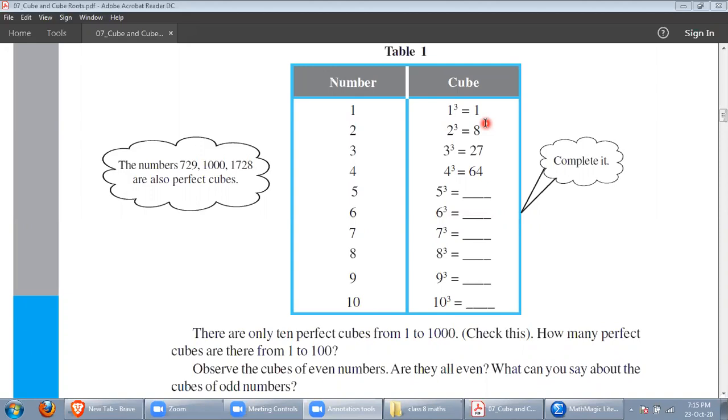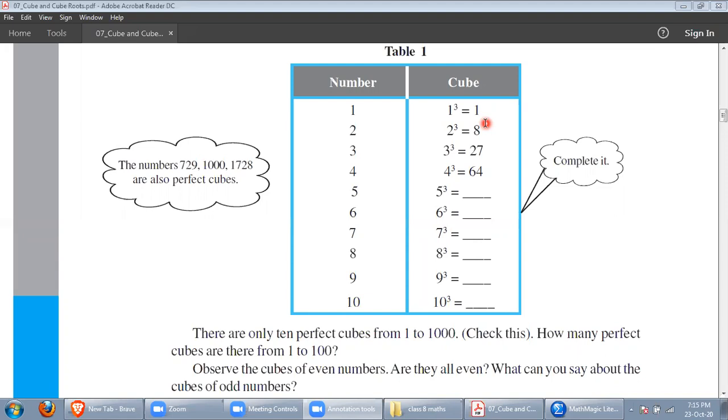Unlike square and square root, because when we talk about square root, we said that the square root of 4 can be plus 2 or minus 2, because plus 2 into plus 2 will give you 4. Again, minus 2 into minus 2 will give you plus 4. So the square root of 4 is plus 2 and minus 2. There are 2 answers for square root, but for positive square root, isn't it? And minus 2 into 2, that is minus 4.